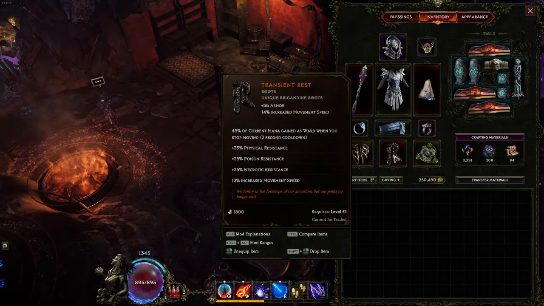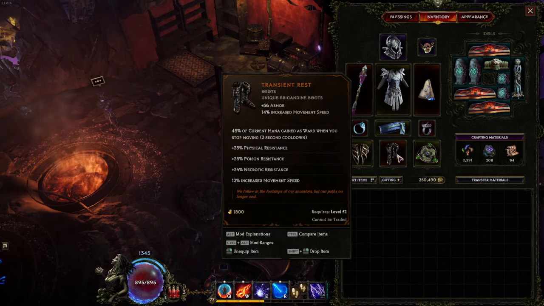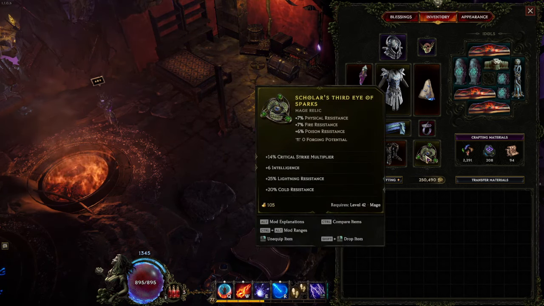We will ultimately switch to the crit reduction para boots. But for now, this is nice, especially if you can get some LP on this. It's really nice. And then we have a very scuffed intellect res mage relic that I desperately need to replace,